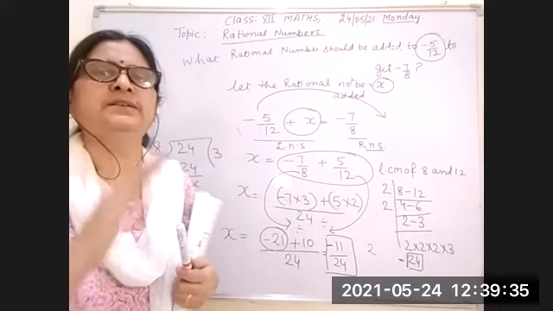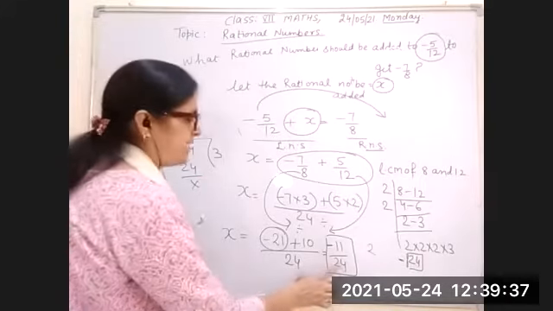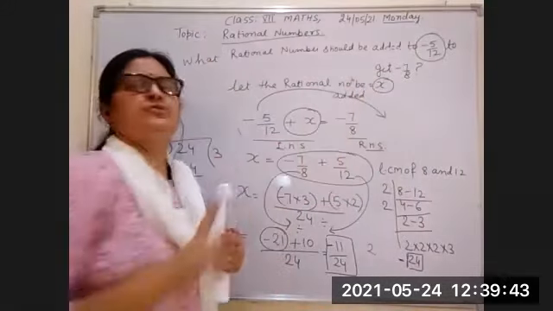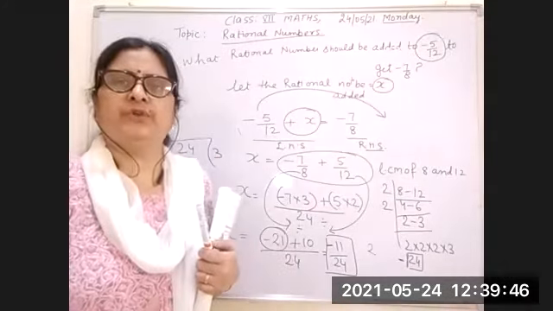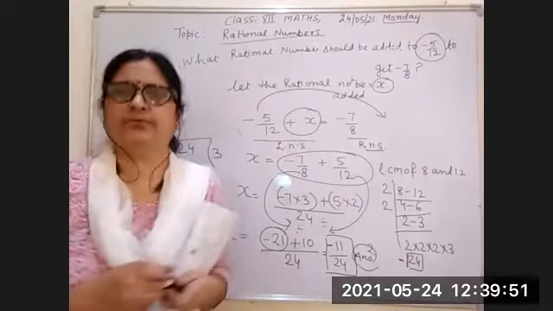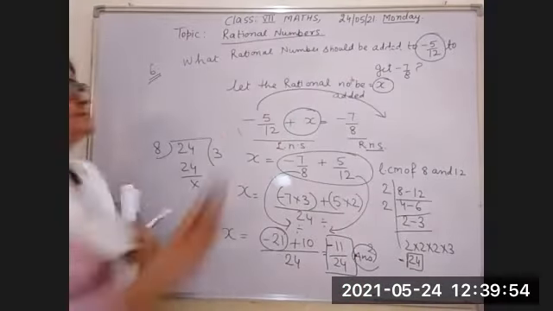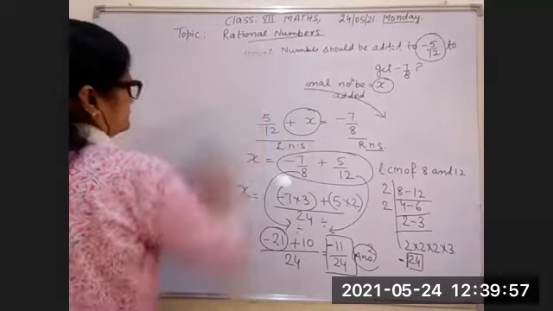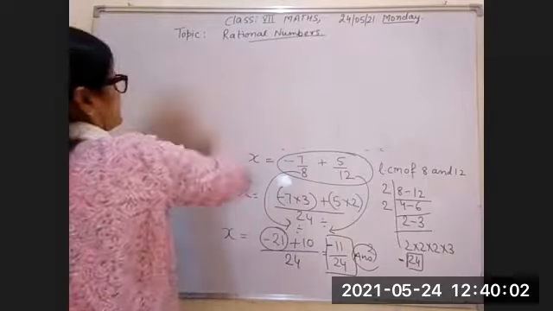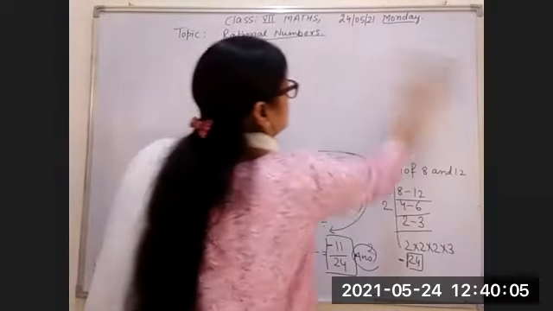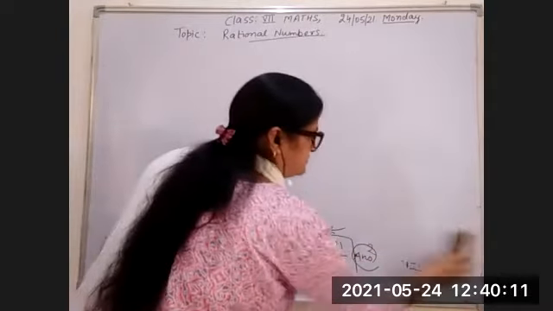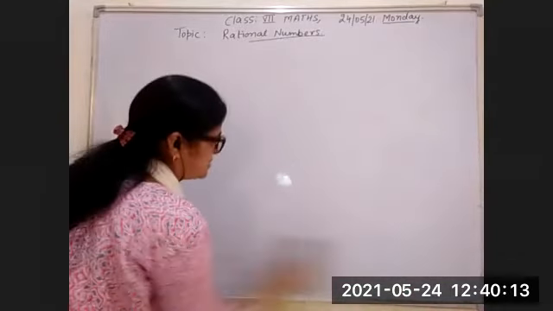So now your answer is, if you add minus 11 upon 24 to minus 5 upon 12, you get the result minus 7 upon 8. This is the answer of this question. Note down this question in your notebook. Now your next question is,